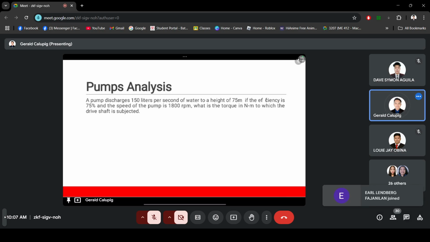A pump discharged 150 liter per second of water to a height of 75 meters. If the efficiency is 75% and the speed of the pump is 1,800 RPM, what is the torque in Newton meter to which the drive shaft is subjected? So on this problem, you have a